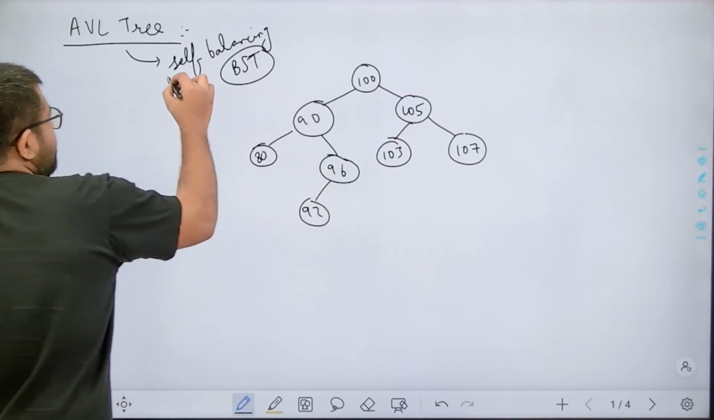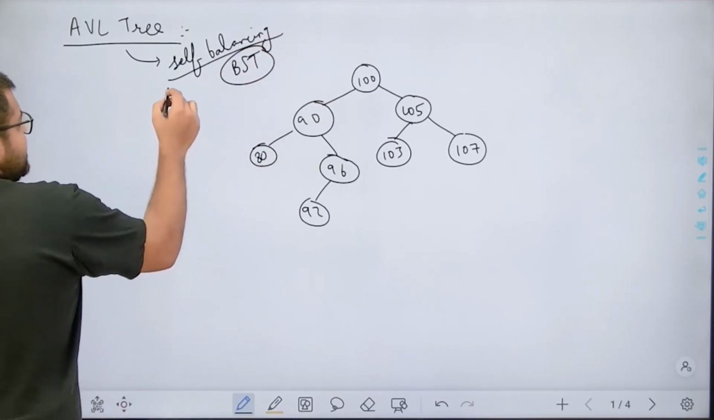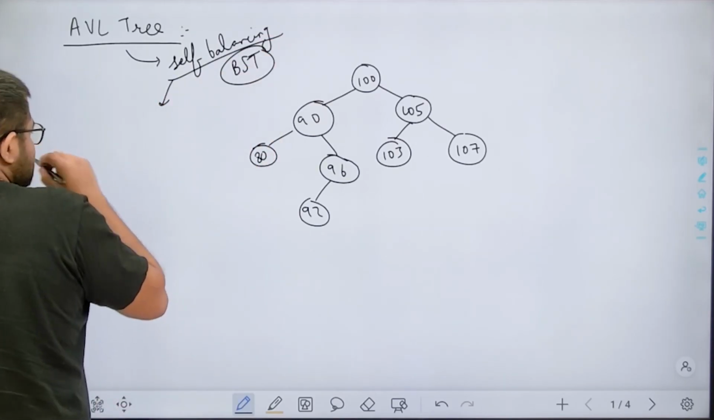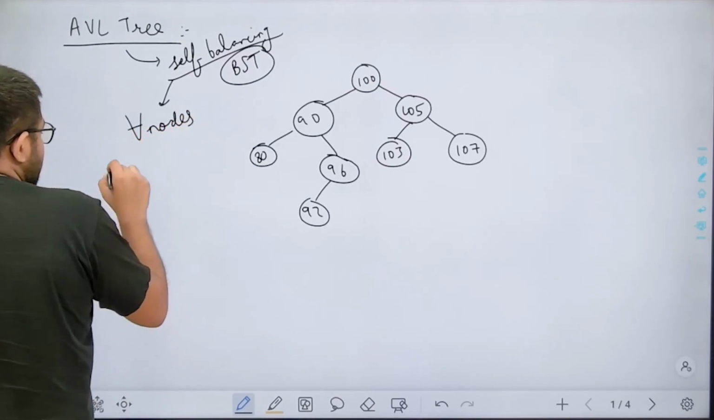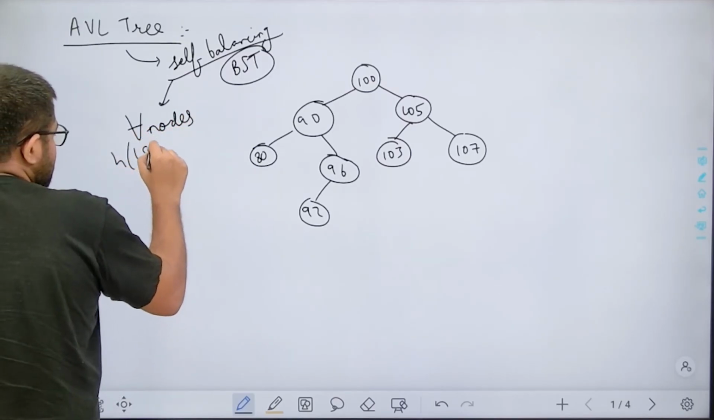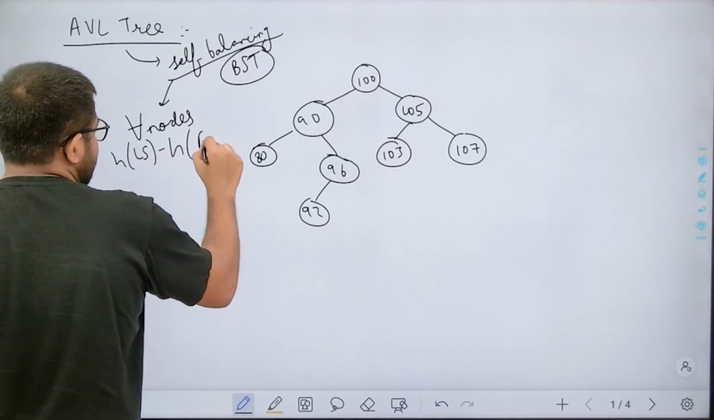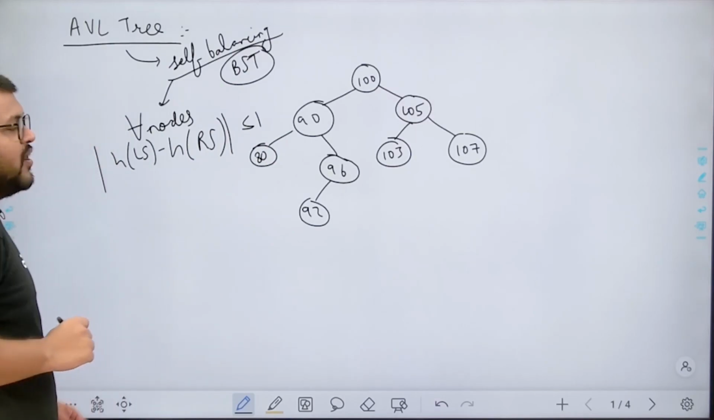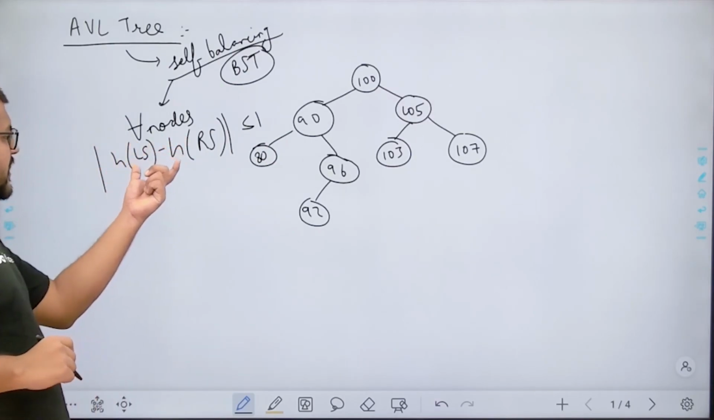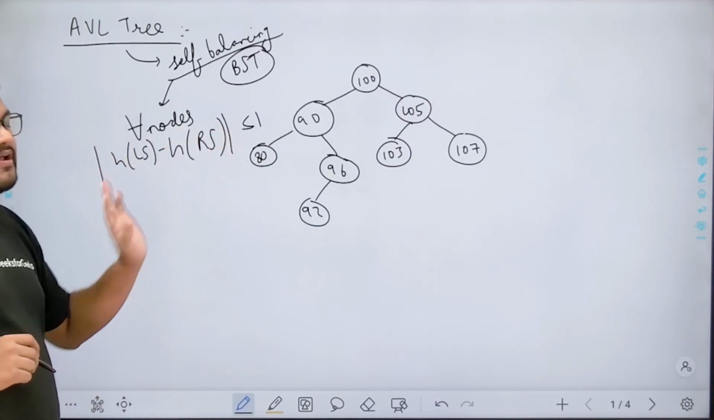Now what does self-balancing binary search tree mean? Self-balancing binary search tree means that for all nodes, the modulus of the height of the left subtree minus the height of the right subtree should be less than or equal to 1. For all the nodes, the difference between the height of the left subtree and the right subtree cannot be more than